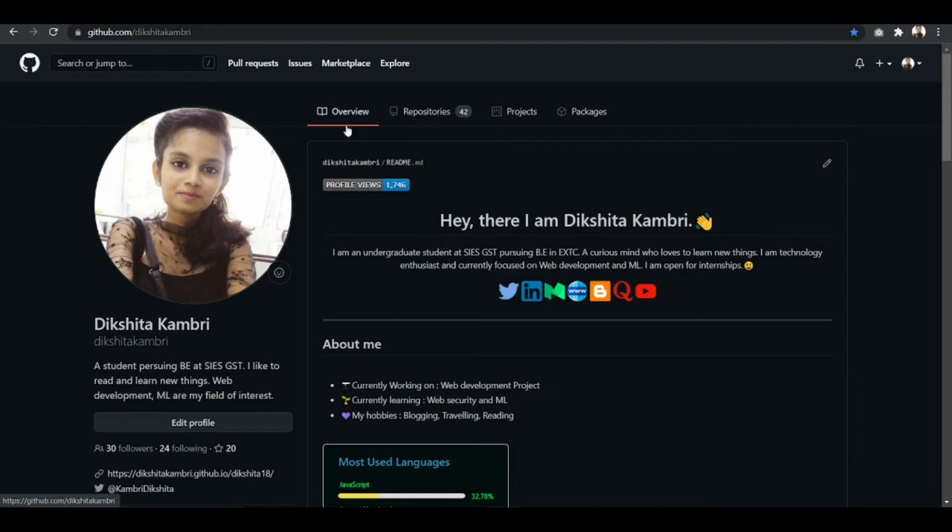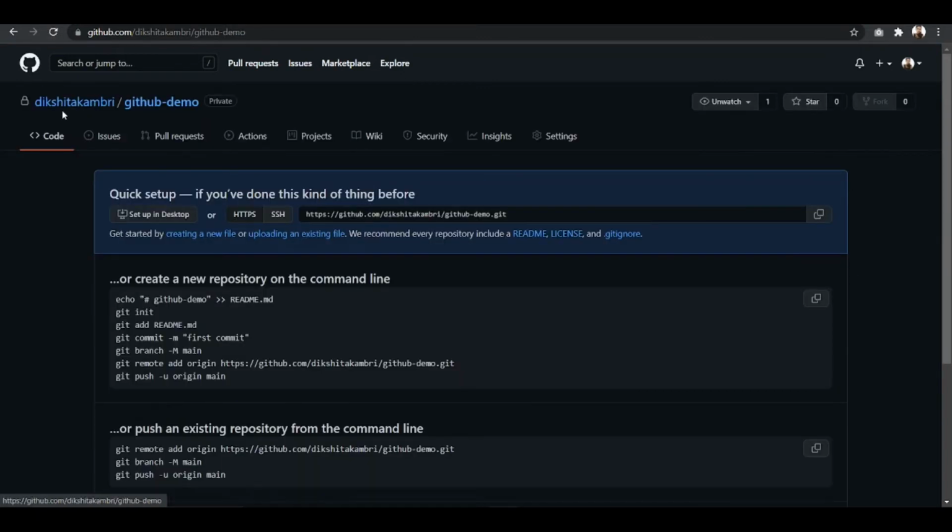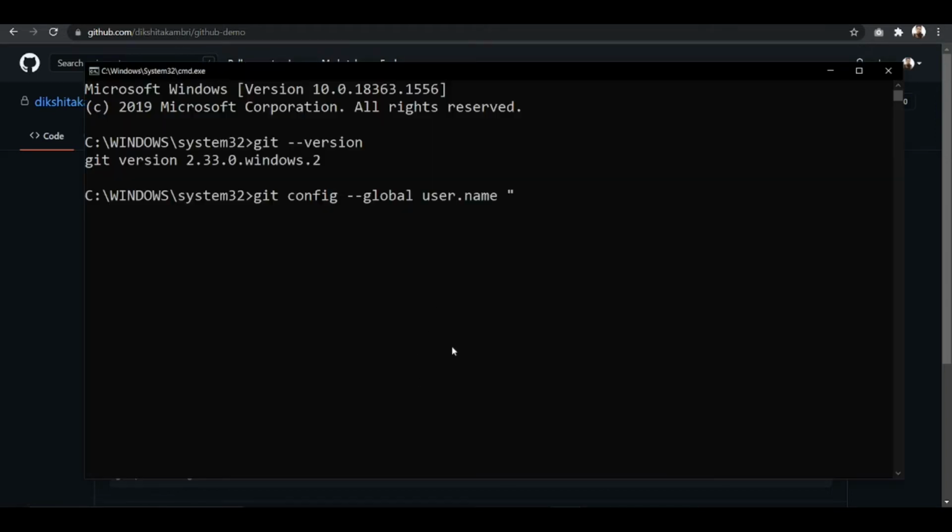Here is the new repository page, and you will observe your username here. Mine is Dikshita Kamri, so I will put it in and complete the double quotes and hit enter. So we have configured our username.